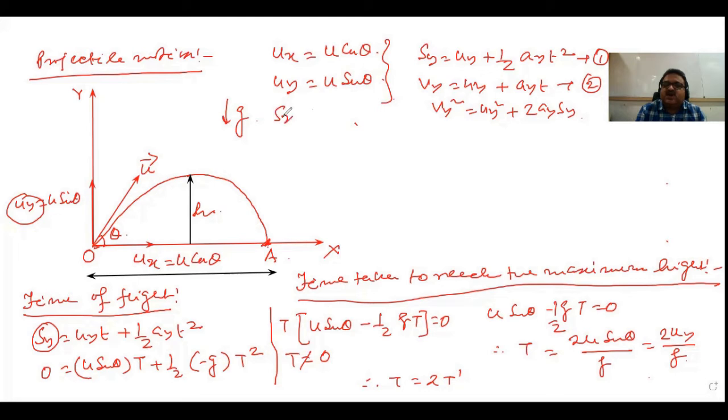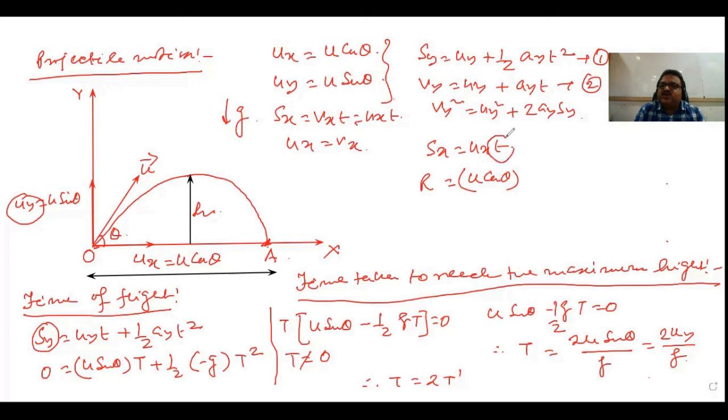So you have to apply this formula, Sx equal to Vx t, or you can apply Ux t because Ux is equal to Vx in the x-axis. So I am just applying Sx equal to Ux t. Now what is Sx? Sx is nothing but range. Why is it plus? Because it is towards the positive x-axis. Ux is what? Plus or minus? It is towards the positive x-axis. That means u cos theta. And in this case, small t is nothing but the time of flight. So r equal to u cos theta,